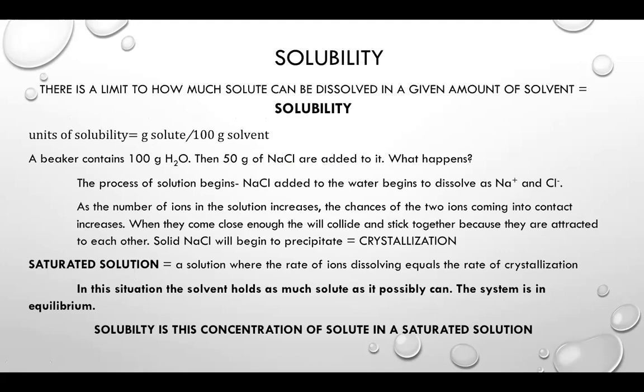So let's use our water and salt, sodium chloride example above. Let's say we have a beaker and it contains 100 grams of water, and then 50 grams of sodium chloride are added to it. What happens? The process of solution begins. The sodium chloride is added to the water, and it begins to dissolve as sodium and chloride. When we add the salt, it's no longer the sodium attracted to the chloride. The compound falls apart, and you have individual sodium ions and individual chloride ions, because they are